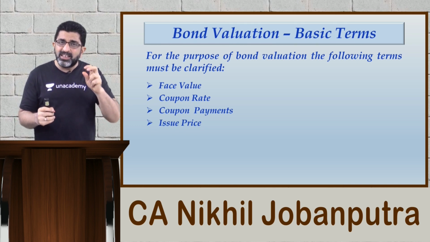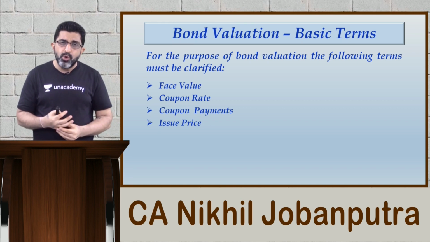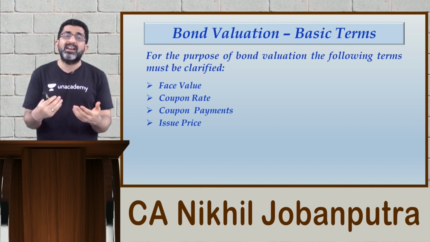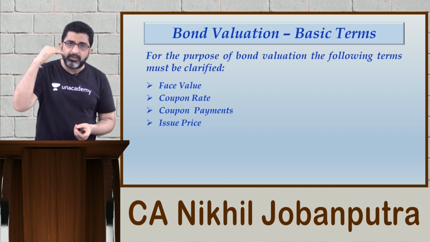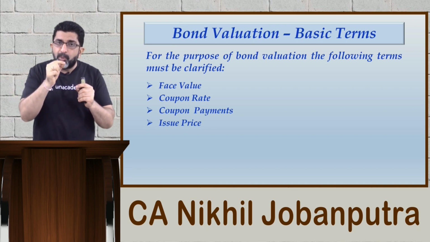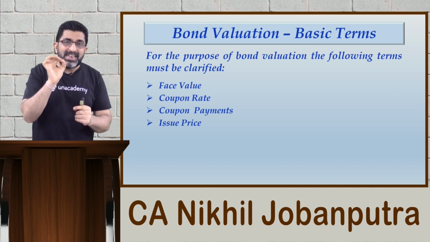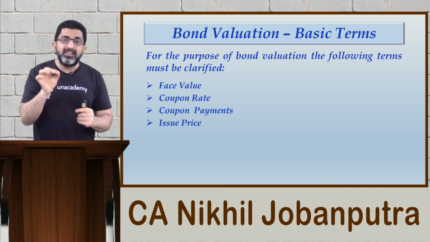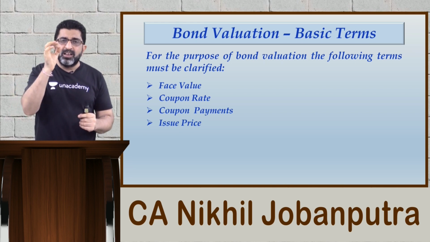Credit rating agencies provide ratings to the bonds when the bonds are coming up for the issue, so that the public has an awareness about what quality of the bond it is. The higher the quality of the bond, the higher will be the issue price. Means the price of the bond can be even more than its face value. So if the face value of the bond is 1000, it may be issued at a little higher price,